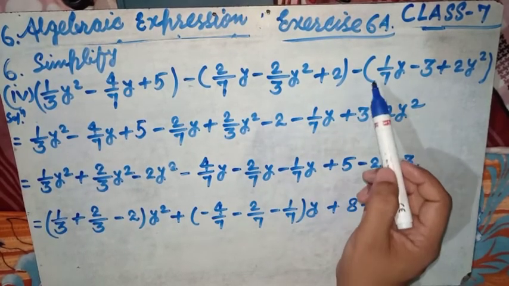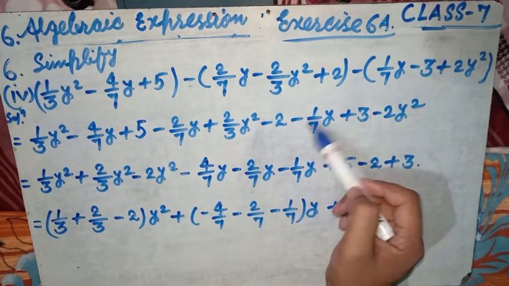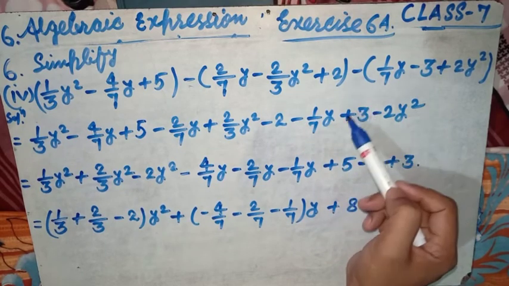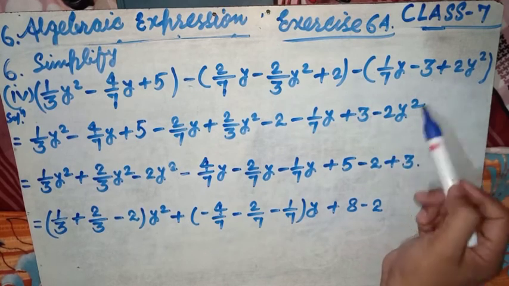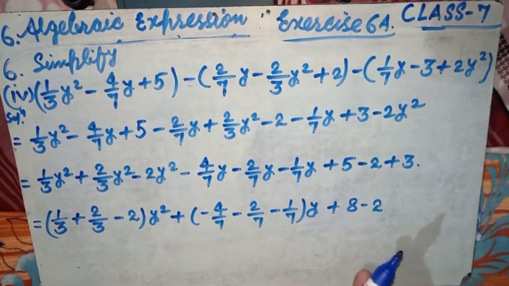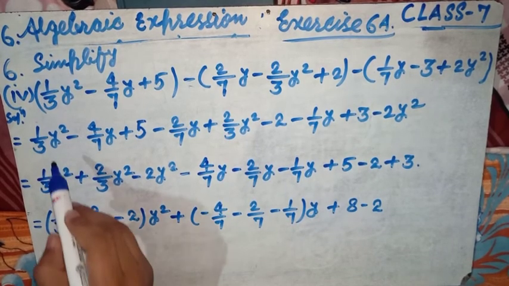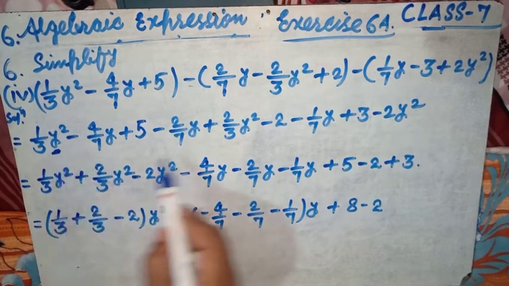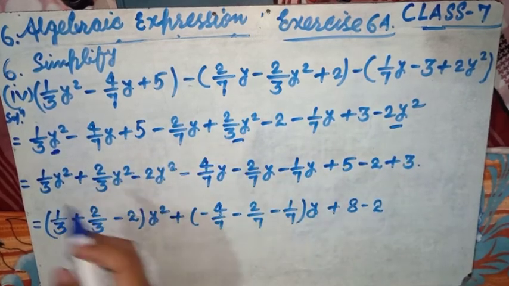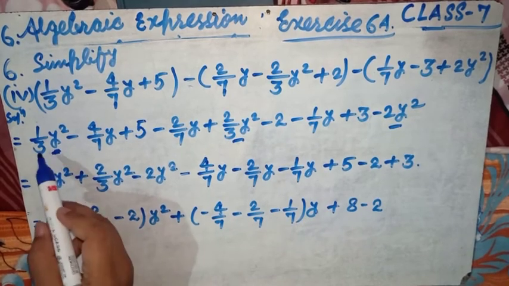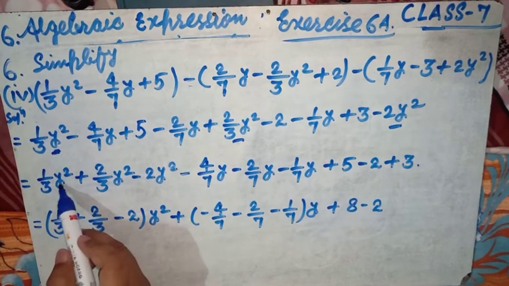Now here once again the same: minus into plus is minus, minus into minus is plus 3 as it is, minus into plus is minus 2y square as it is. Now we have to group the same terms, meaning the y square terms. Here is a y square term, here is a y square term, and here is a y square term. To bring all the terms together, we get x equals 1 by 3 y square as it is,